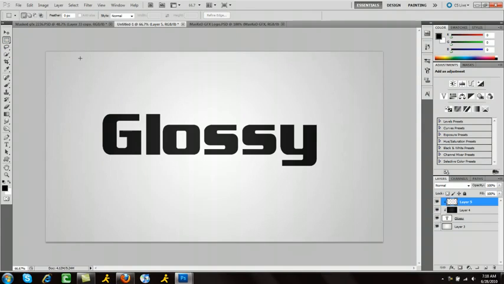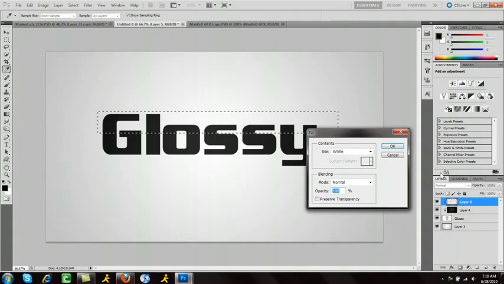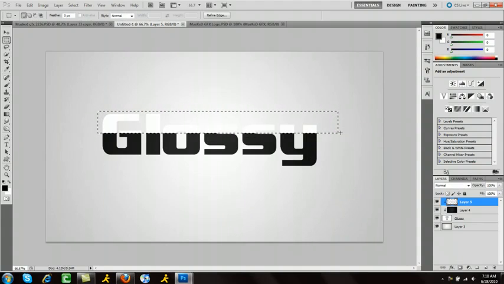So I'm going to head over to my rectangular marquee tool. I'm going to show you guys 3 different ways to do this on text. So the first way, we're just going to use our rectangle one. Just going to click and draw a rectangle here, and going to cover about half the text. You don't want to cover any more than half. I'm going to right click and hit fill, make sure it's selected on white, and click OK,